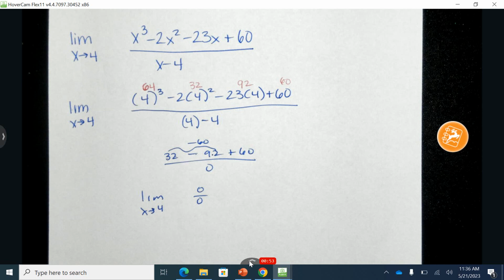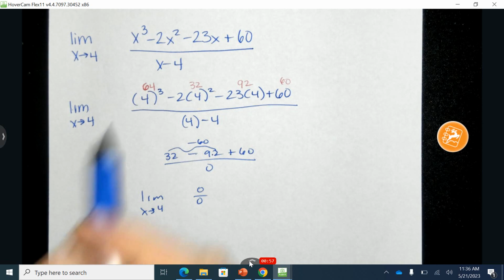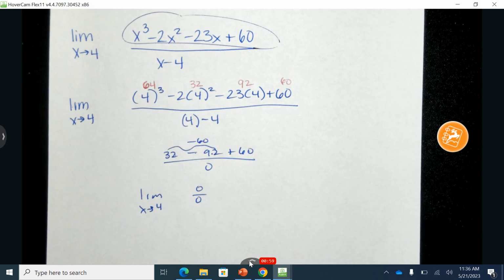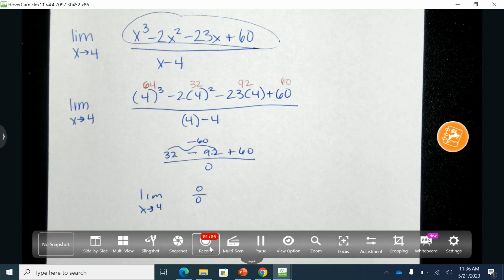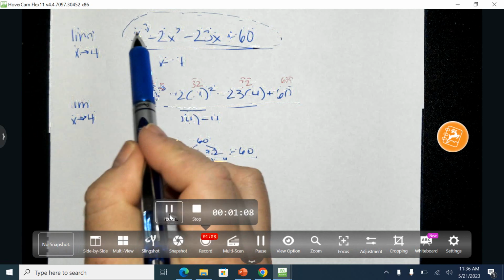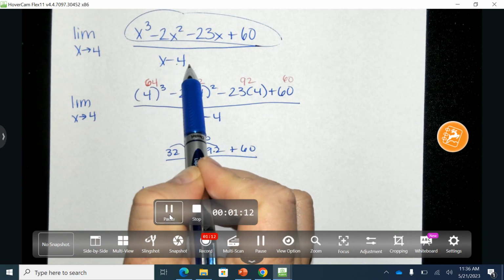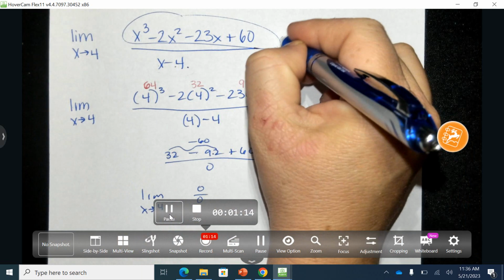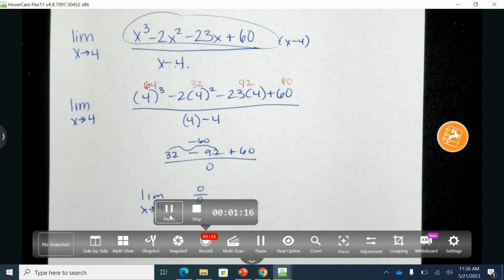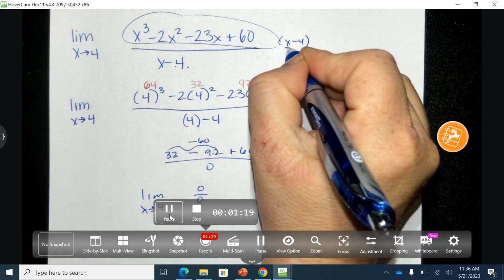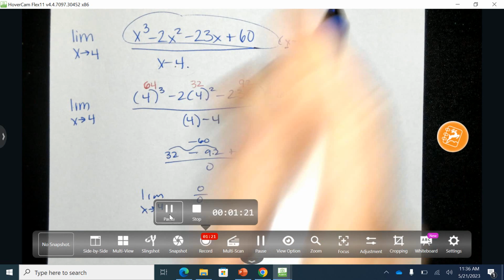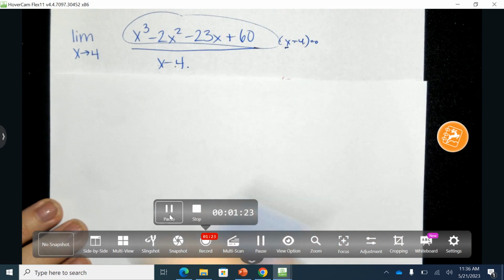We need to figure out a way to factor the numerator. Now, when I first glanced at this, my thought is, can we factor by grouping? We cannot. So we're going to go back to synthetic division to help us out. I know I want to factor out a group of x subtract 4. So if I'm factoring out an x subtract 4, when I plug it into synthetic division, I ask myself what x subtract 4 would equal 0, and the answer is 4. So I'm going to put a 4 out front,